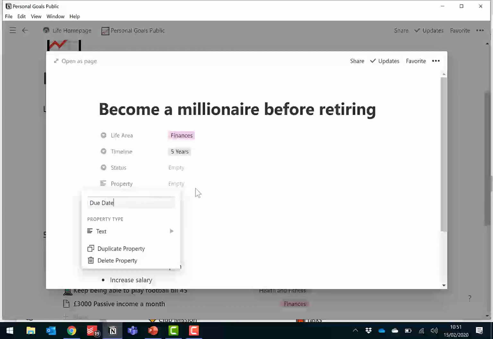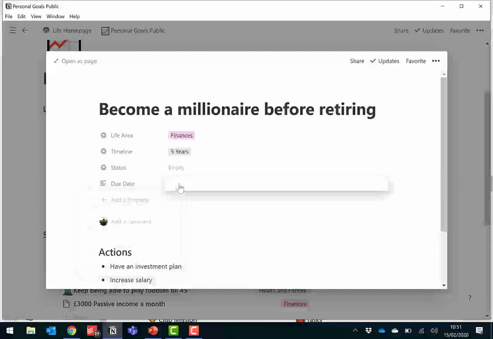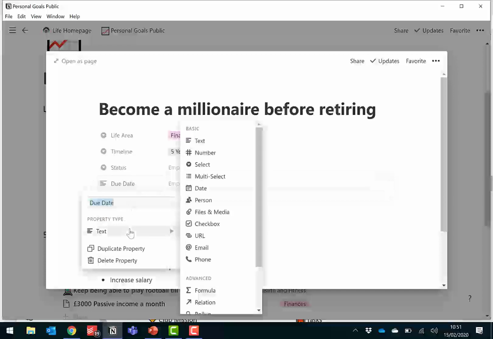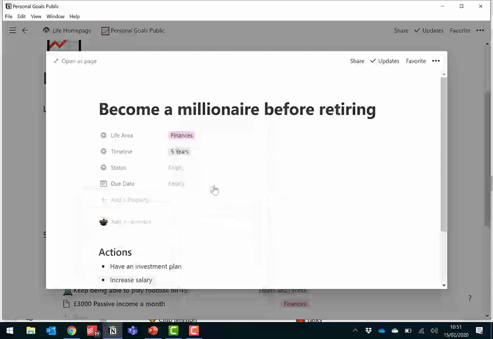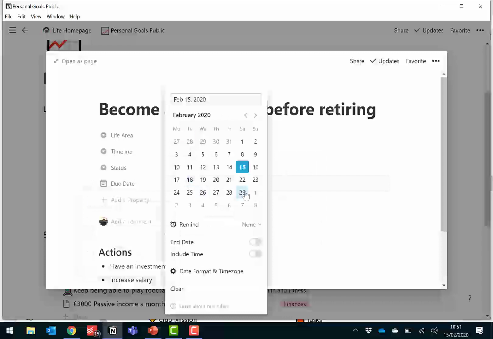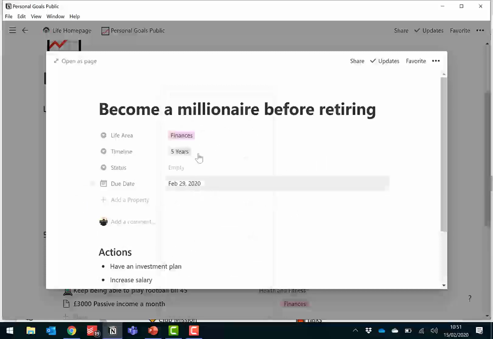And with that due date, it gives us calendar functionality if we make sure we select the property type date. And then we can have, instead of millionaire before retiring, that we've changed it to 2 weeks, let's say.